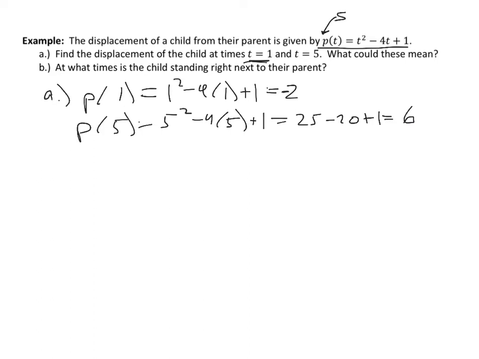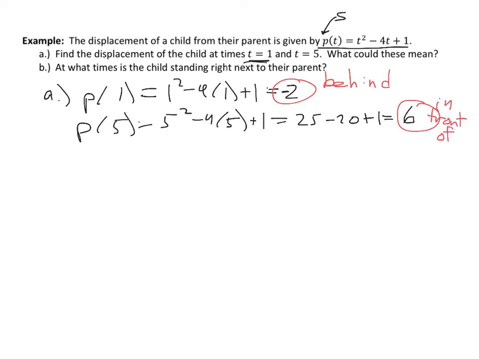Now, what could these mean? Specifically, the reason this was important up here is that one of these was negative and the other one was positive. I know the problem doesn't explain it, but what could it mean if the displacement is negative versus positive? Well, this very well could mean that this could be 2 units behind the parent,